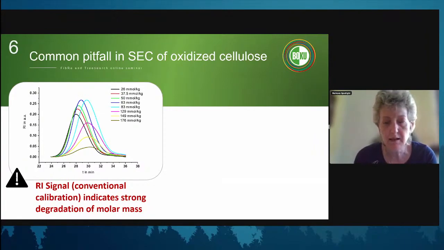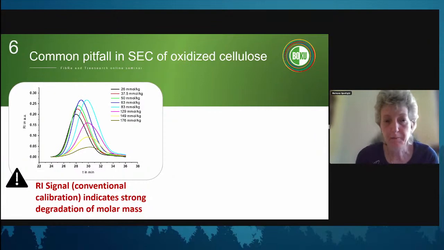And what we see is that our SEC curve moves to the right, so our retention time becomes smaller, and as you all know, SEC separates according to the hydrodynamic radius. And if the hydrodynamic radius becomes smaller, we think the molecule is smaller. And if you go to the literature, and unfortunately you also see it until very recently, the conclusion is, okay, this periodate oxidation degrades the cellulose. I'm not saying periodate oxidation does not degrade cellulose, but it's not true for these degrees of oxidation.